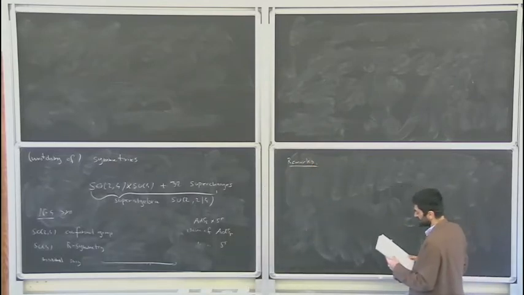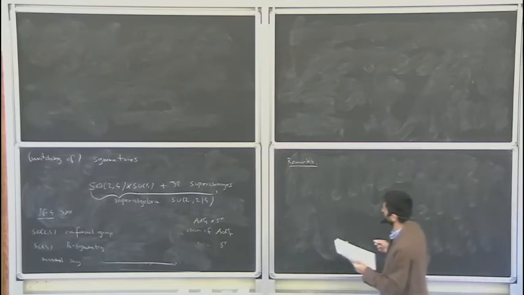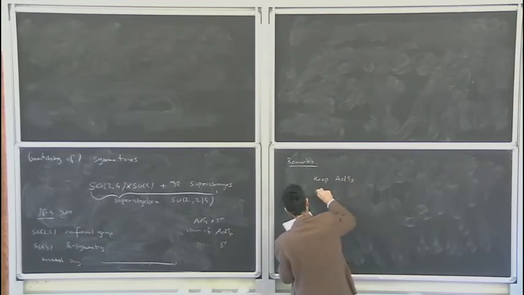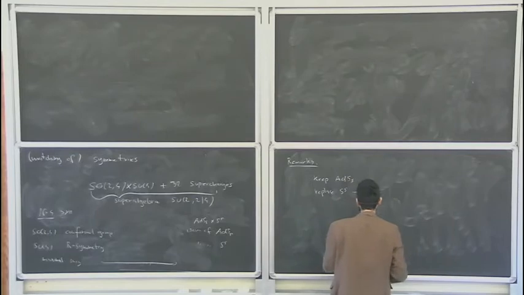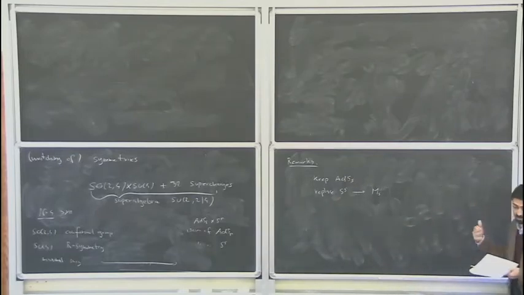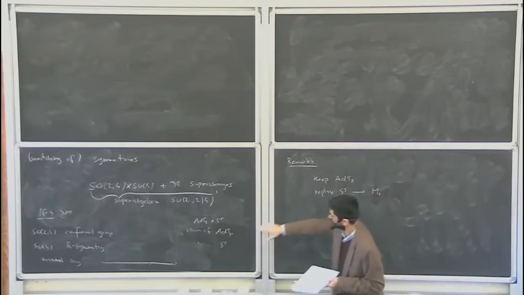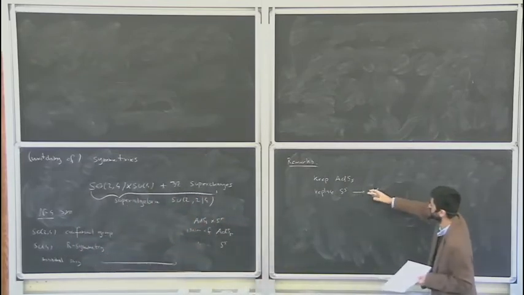So, a simple, at least conceptually, and if I have time, I hope to say much more about this idea. A simple extension of the AdS5 cross S5 duality is to keep AdS5 and replace S5 with some other manifold, say M5. So if we can do that, and I anticipate that we can, then on the field theory side, because AdS5 has still isometry SO(2,4), we will still have a conformal theory,